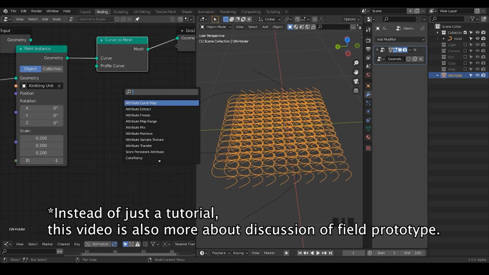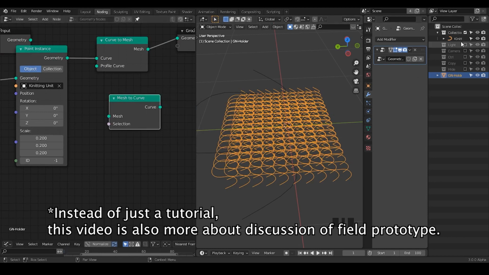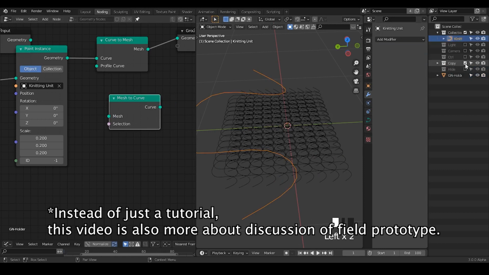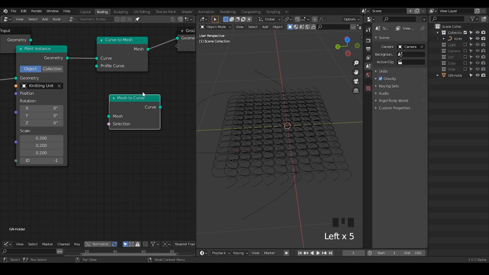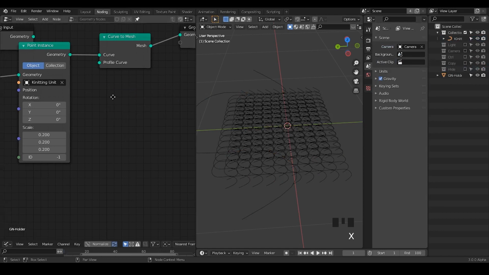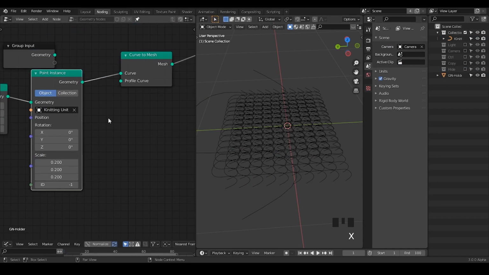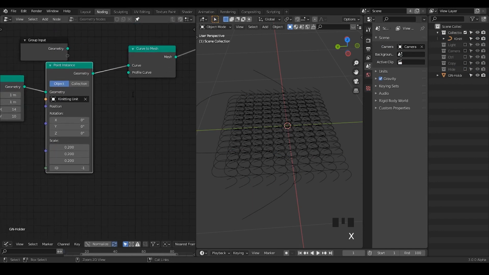Also, realize there is a node called Mesh to Curve. Previously I did the converting step non-procedurally, that's why I created a copy of the mesh. But you can definitely do that more procedurally. Anyway, it's just a thing you can know. So once we use the Curve to Mesh node, take the Object Info, you need to input a new curve